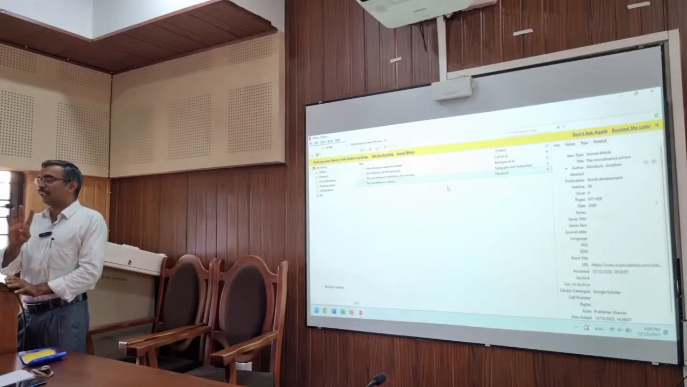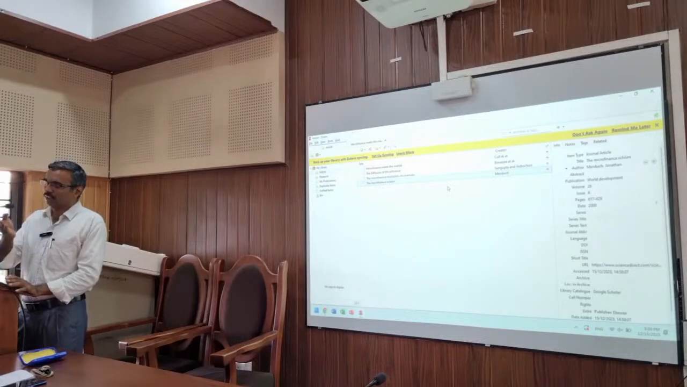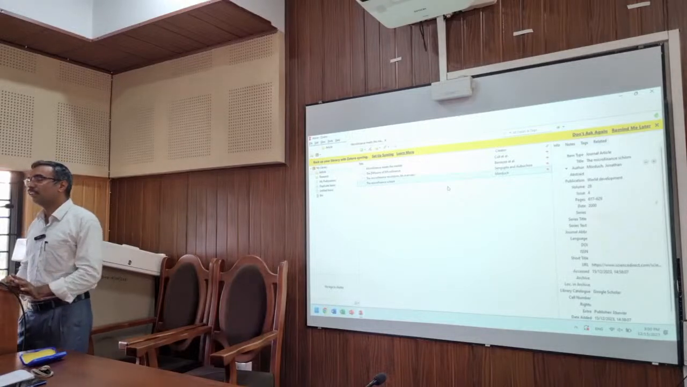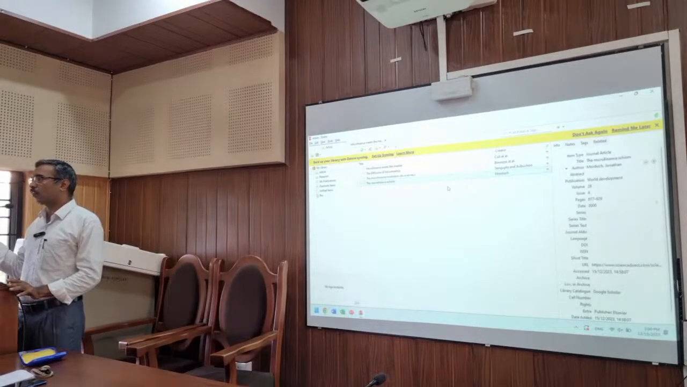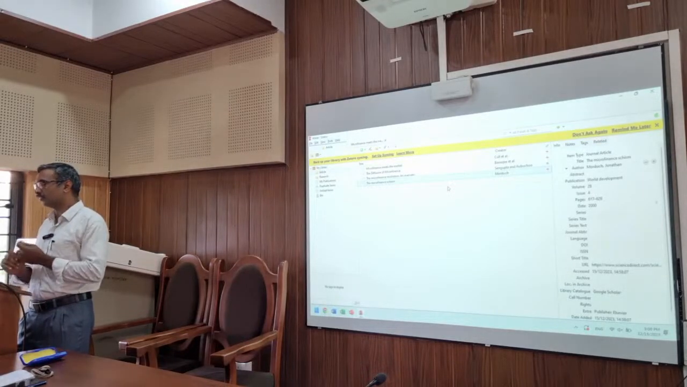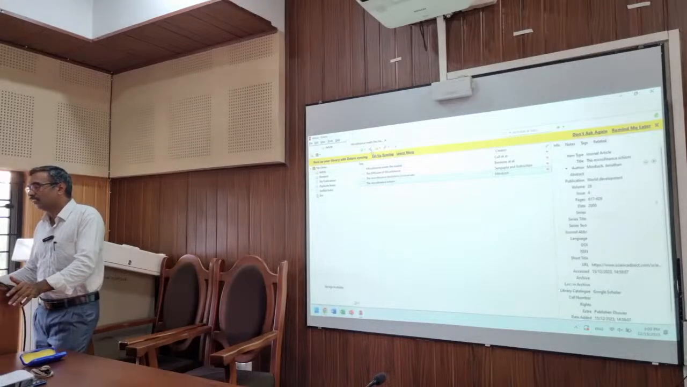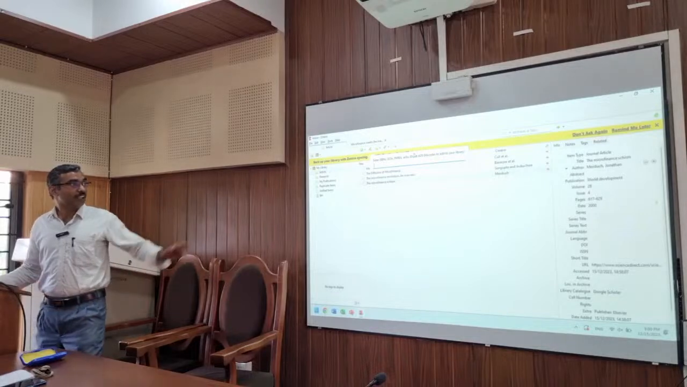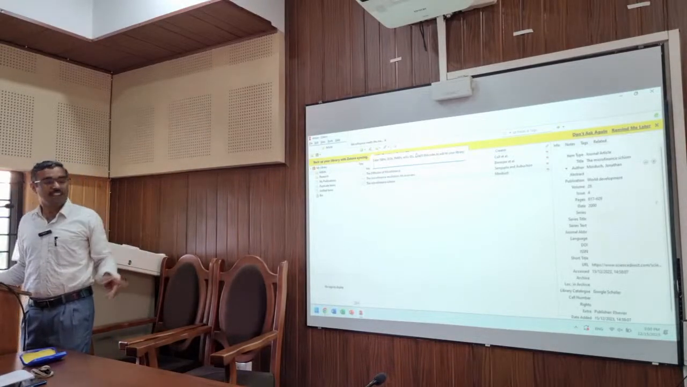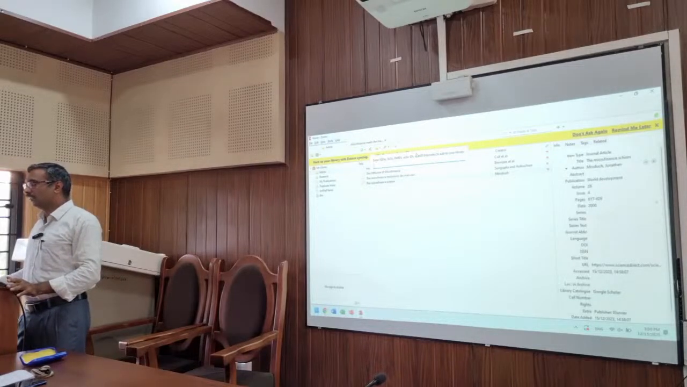So there are 3 methods. Using 3 methods, we can download the article into our folders. One method I have shown here, using the Chrome connector. So you note the second method. Second method, there is a small icon. Sometimes it may not be visible. This icon is used for